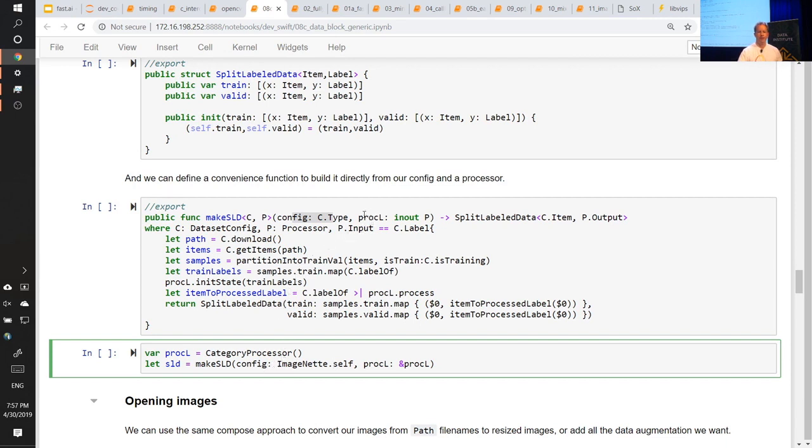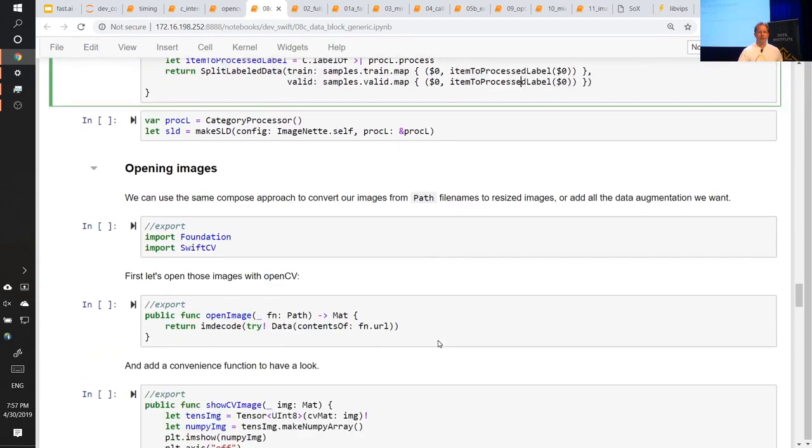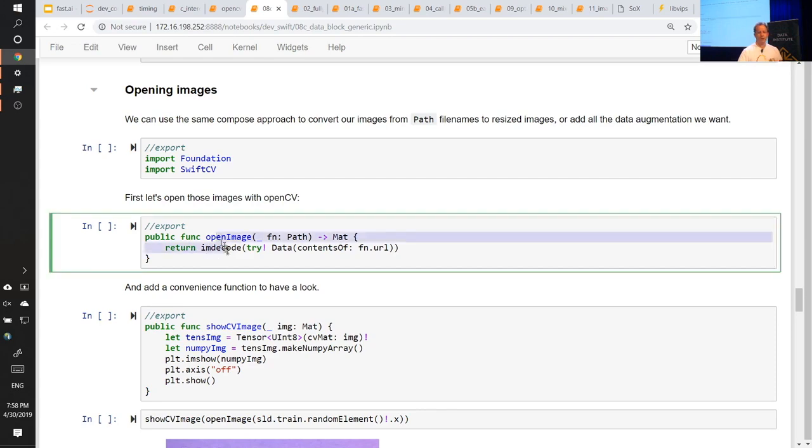And we're going to be passing in some processor, which is going to be a category processor. It's just going to call download, get the items, partition, map, label of, and then initialize the processor state, and then do label of, and then process is our processing function, and then map that. And so that's it. So now we can say, to use this with OpenCV, we define how to open an